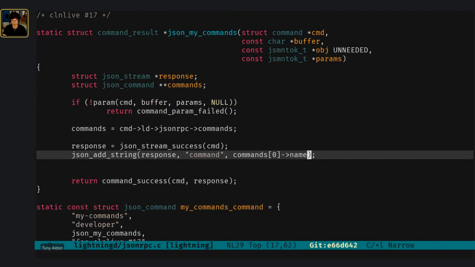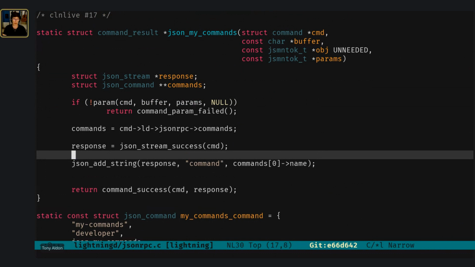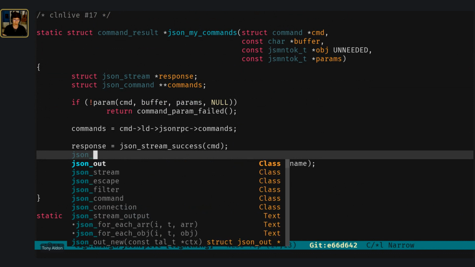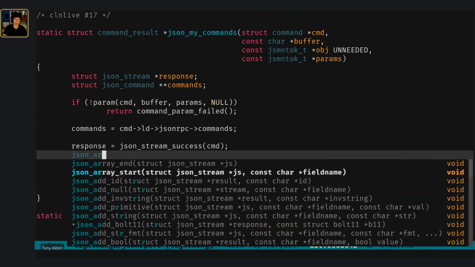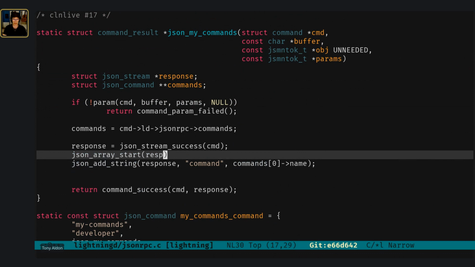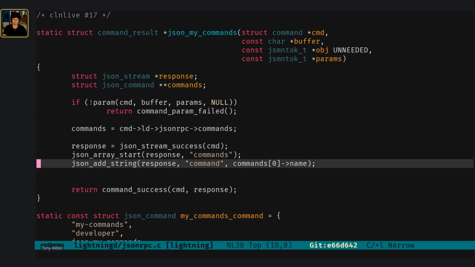So now we want an array. To add an array to the JSON stream, we have, this is array start. So we pass it the response and the field name. So we are going to call it commands. We add that. Now we're going to add a buffer of string,